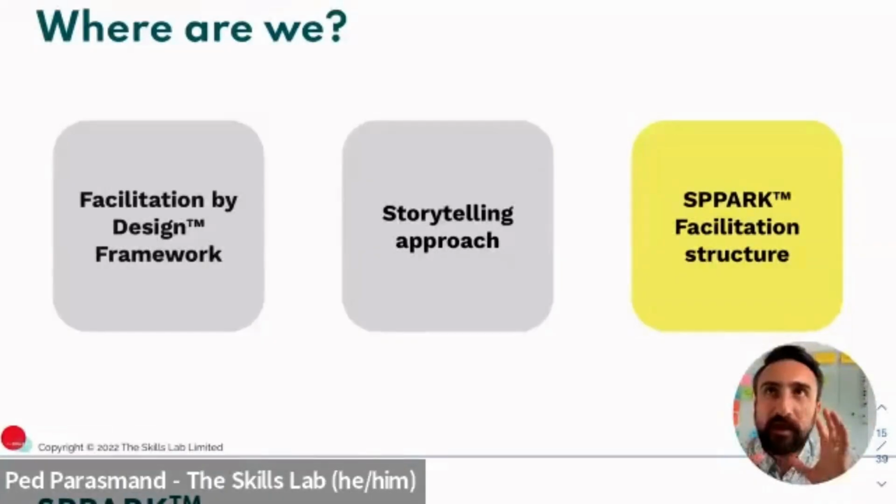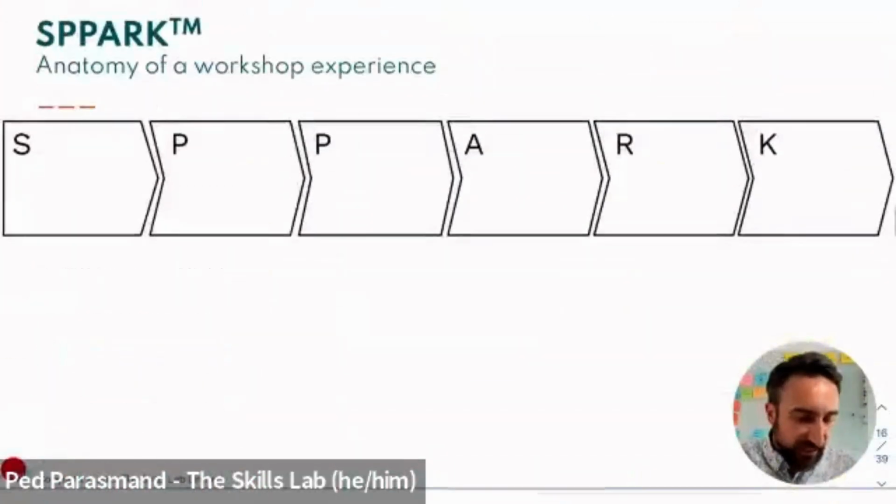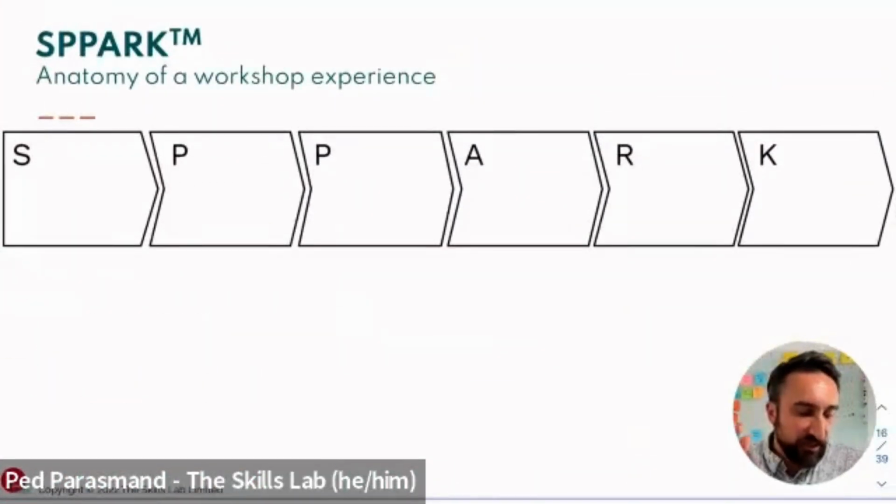So finally, this is the next thing which I use in every single workshop training that I deliver. It's all about the anatomy of the workshop's experience, the training experience. This is an acronym, SPARK, which I've made up, and it's a combination of loads of other things that I've learned: behavioral science, Kolb's learning theory, and all those things. It's super intuitive when I tell you it, so you'll be able to remember it.